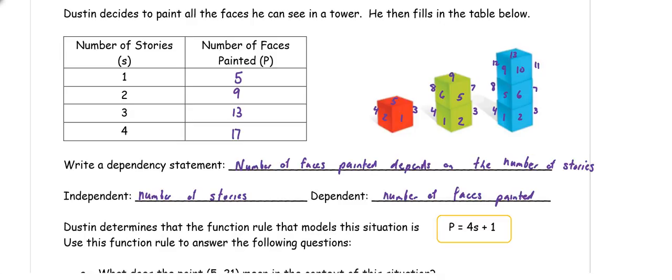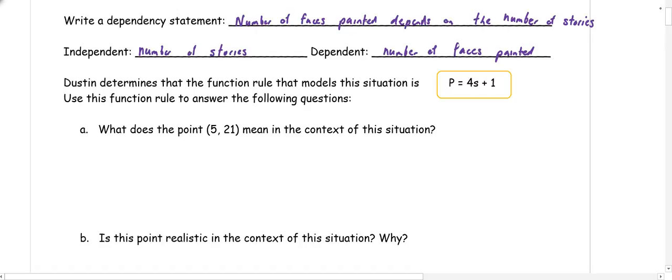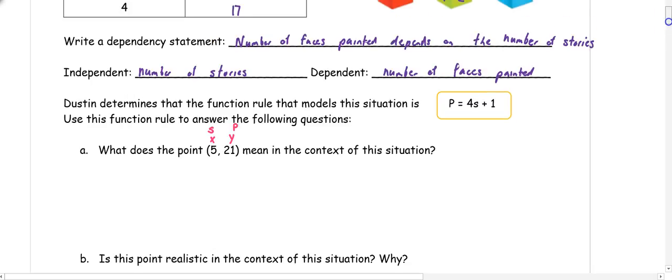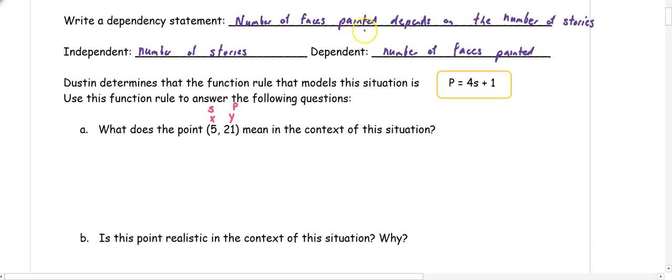So Dustin determines that the function rule that models this situation is P equals 4s plus 1. Use the function rule to answer the following questions. So what does the point (5, 21) mean in the context? Well, remember that this is our x and our y, or based on the letters, this is our input s and our output P. So if we look at the point, the first number is going to represent the independent variable, which was the number of stories, and the second number is going to represent the dependent variable, the number of faces painted. So this means if there are 5 stories,